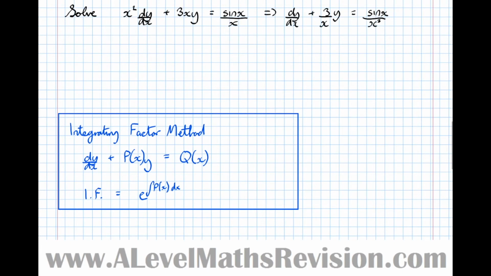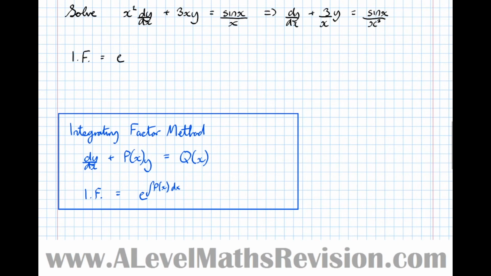So now we've got it in the desired form. We've got dy by dx on its own there. We've got a function of x times y, and then we've got on the right hand side just another function of x, like that. So now let's find the integrating factor, which is e to the integral of p of x dx. So the integrating factor